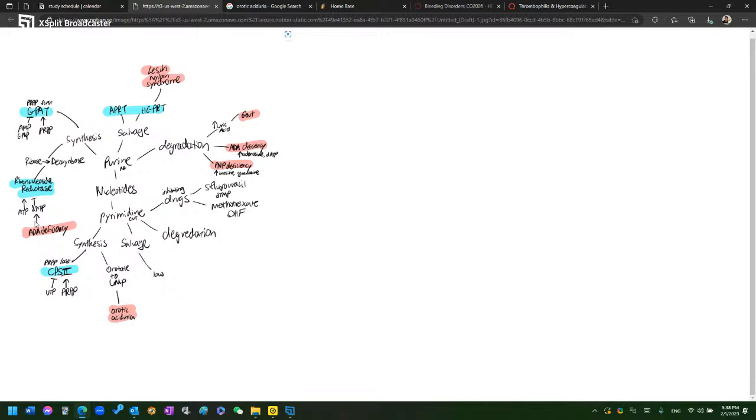If you can't convert it in the next step, you get ADA deficiency. And then if you can't degrade it, you get gout. And you get PRPP through PRPP deficiency. So these are diseases I'll probably review more a little bit later, but there's a lot of ground to cover. So I'm going to move on, but